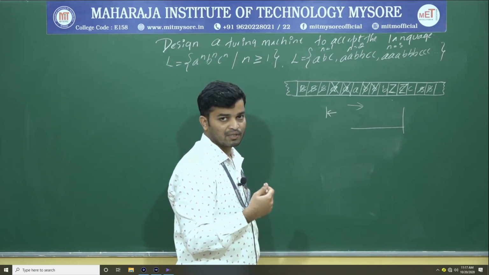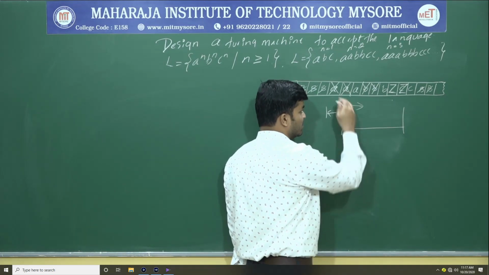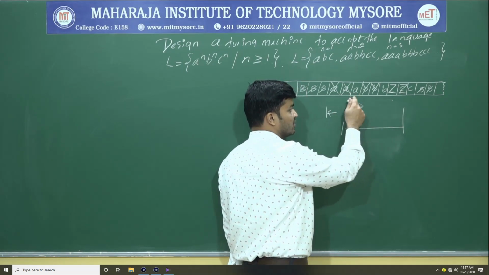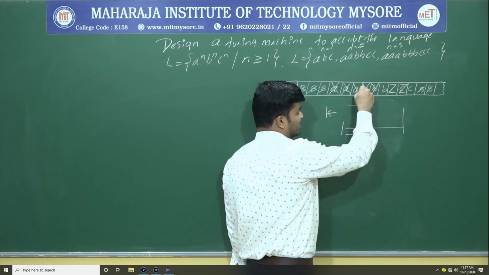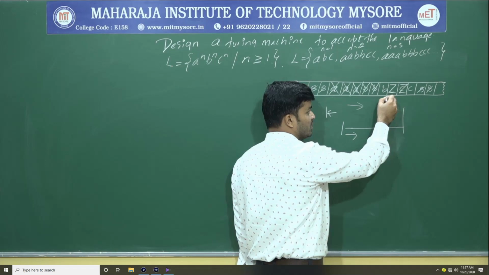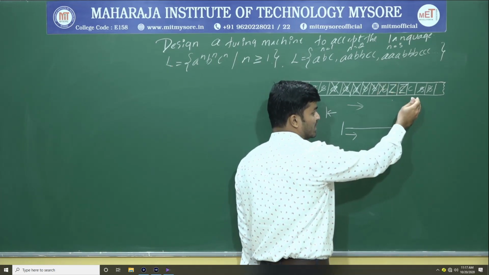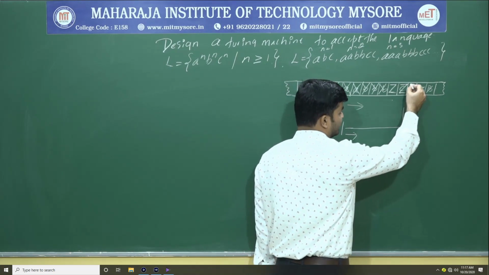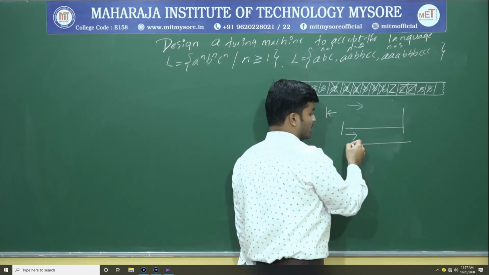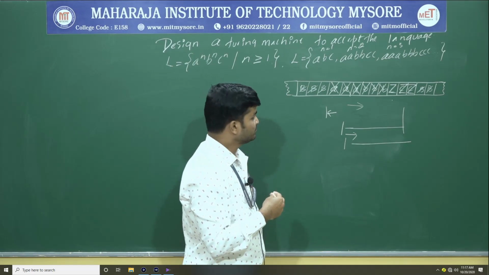What is the last symbol that was replaced in the leftmost position? X. Until I get X, I will keep on moving in the left hand side. Once I get X, again I will move the right hand side. I will check what is the next symbol after X. If it is A, then I will replace that one with X. Again I will move in the right hand side in search of B. Once I get a B, I will replace that one with Y. Again I will move right in search of C. Once I get a C, I will replace that one with Z. Again I will move back till I get X, because that is the last symbol that was replaced in the leftmost position.